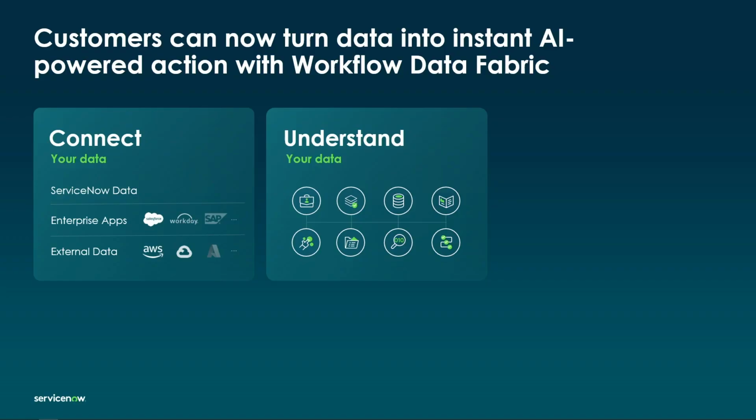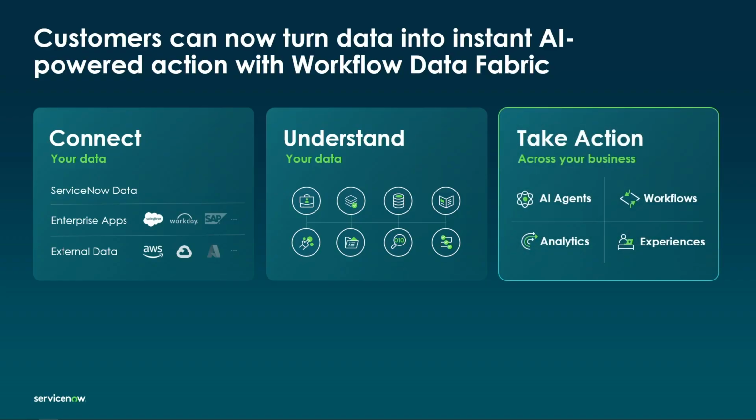And the third piece is, how do you take action on that, right? We've talked a lot about this today. Historically over time, it's been workflows, applications, and good experiences with workspaces to be able to see the data. In the future, it's all about AI agents. How do we continue to program in efficiency and automation into the system in an autonomous way?